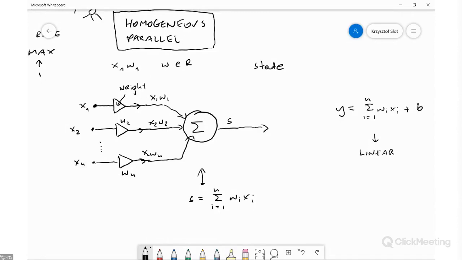So I can say that here I might have also another variable that is a bias, because any linear transformation should include also a bias. So a bias is just another parameter of a neuron, just like W1 through Wn. This b, or bias, can also be considered a parameter of a neuron. But a linear neuron, so I can say that this is a linear neuron,